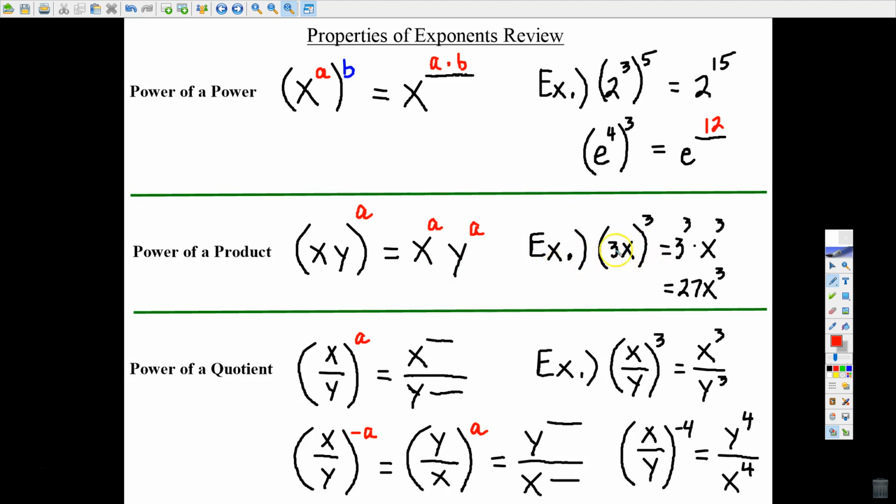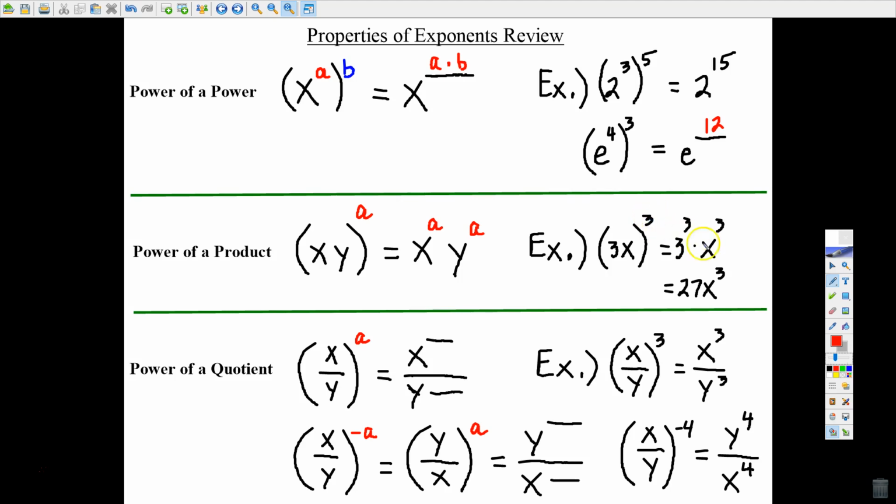So look at my example. I have 3 times x in parentheses, and this product is being raised to the third power. Well, that means that both 3 and x need to be raised to this third power. And then I just took it another step. 3 to the third is 27, x to the third. But the big takeaway here is make sure that you raise everything in the parentheses that's being multiplied to whatever